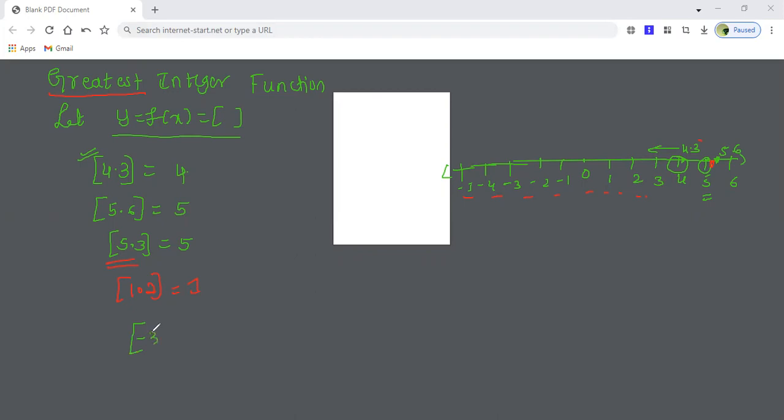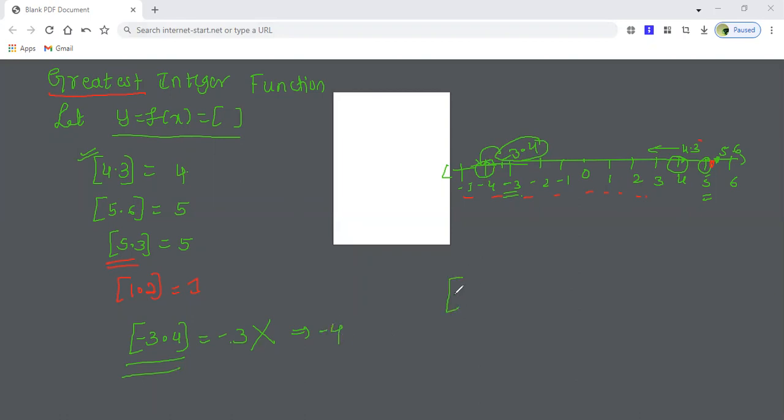For example, if I take minus 3.4, and you write it as minus 3, then this is absolutely wrong. I am talking about the left hand side of the number. Minus 3.4 means somewhere here it lies, and this is minus 3. So minus 3.4 is somewhere here. Which is the integer which lies to the left of this? It is minus 4, not minus 3. Usually children make the mistake of writing it as minus 3, which is wrong. What is the correct option? Actually, it is minus 4. Therefore, the greatest integer of minus 3.4 is not minus 3, but minus 4.